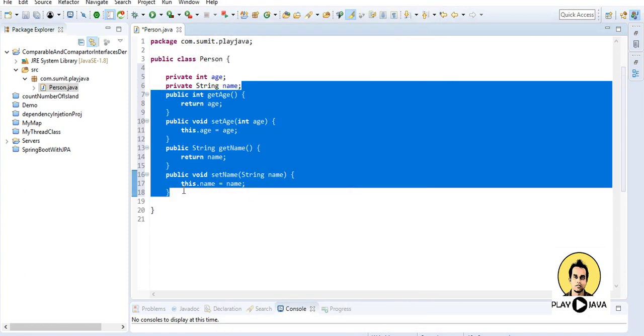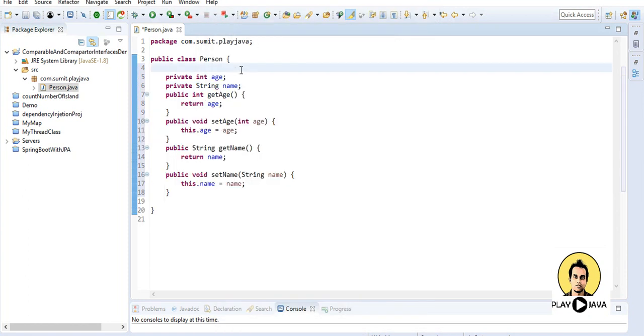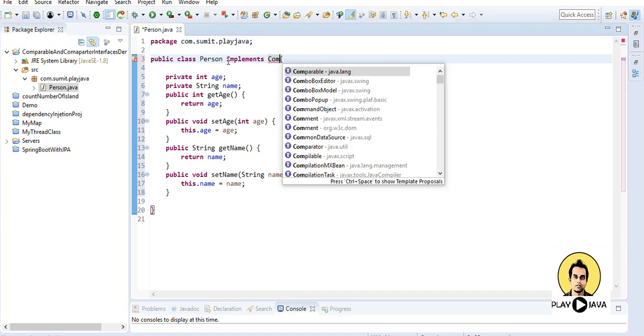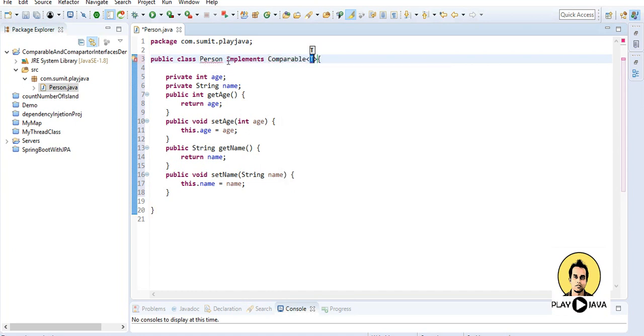And for sorting on the basis of comparable, we want the Comparable interface to be implemented in this Person class. So provide the Comparable interface here only. Write implements Comparator, not Comparator, Comparable. It will ask on which basis you want to compare, which class you want to compare. So provide Person only. I want to sort on the basis of Person only,